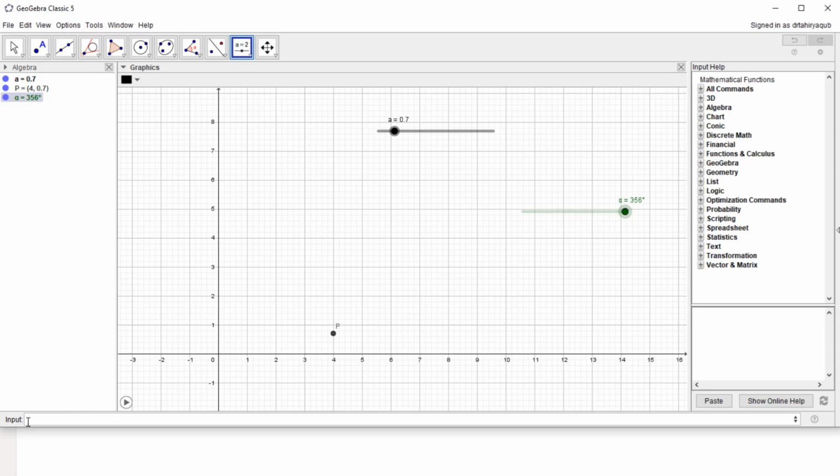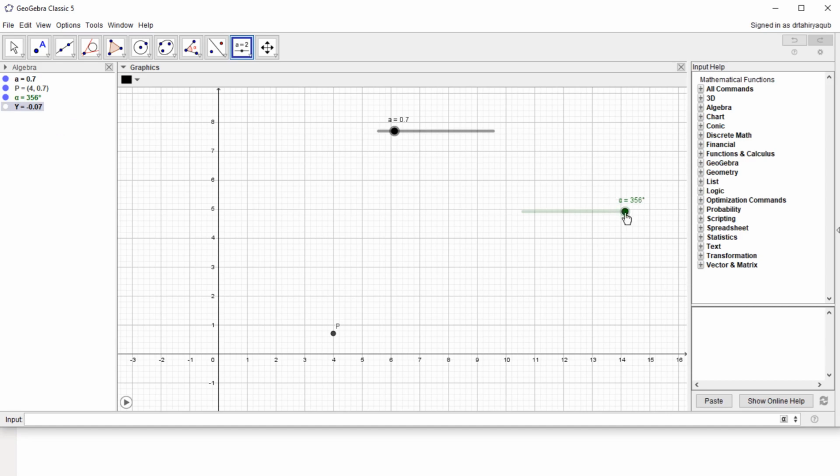So what I will do, in the input bar, I will take another variable, let us say y equals sine of alpha. When I type sine, it shows me the way I should type sine of x. So it should be in the brackets, and then I click on this alpha here, and I can select any Greek letter, but I am interested in alpha, so I select alpha here. So sine of alpha, and now I have this y, and when I hover over this y, it shows me y is sine of alpha, which is sine of 356 degrees at the moment, because alpha is 356.